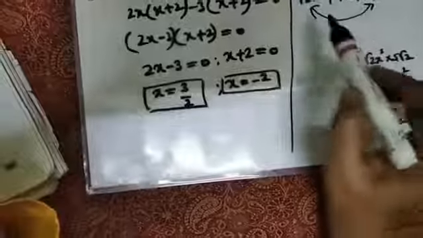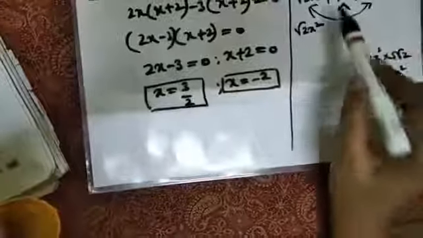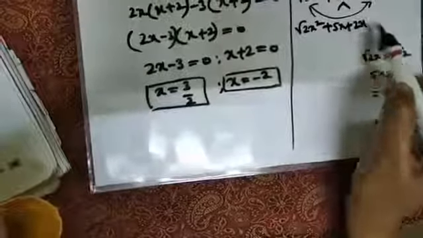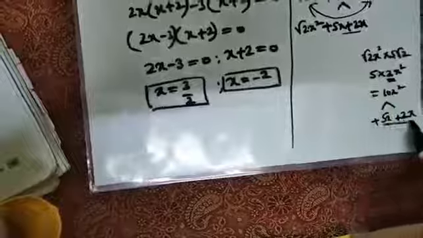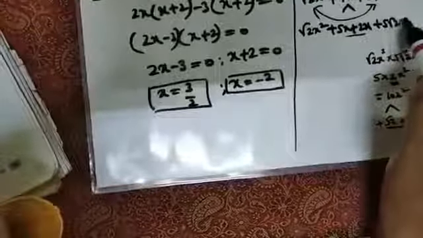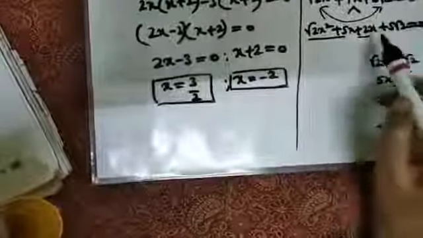So based on this idea, I am just splitting the middle term like this. This 7x can also be written as 5x plus 2x. I am writing this from here, okay? From here I am writing here. Plus 5 root 2 is equals to 0. Now the next thing is you have to take the things common, two things common. From these two terms you have to take common. So I'll just clean the space here.